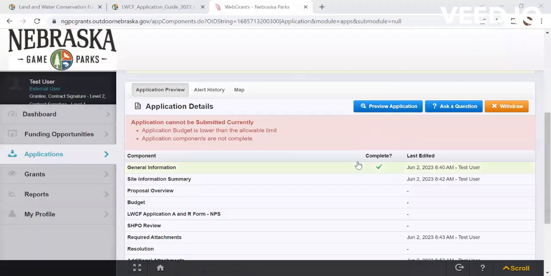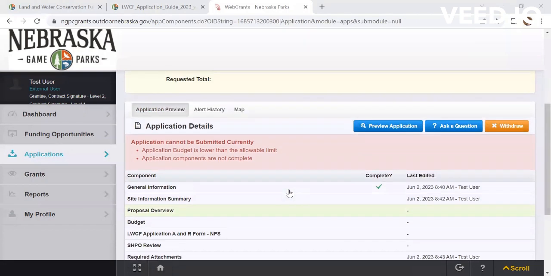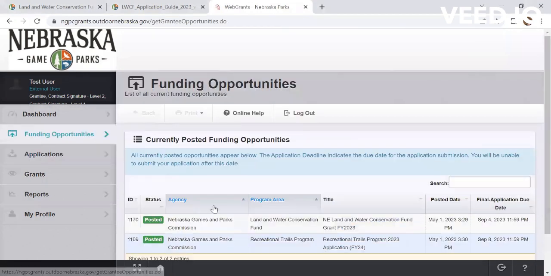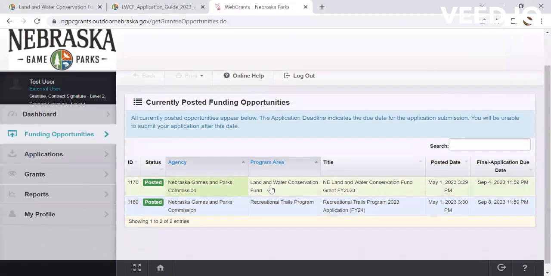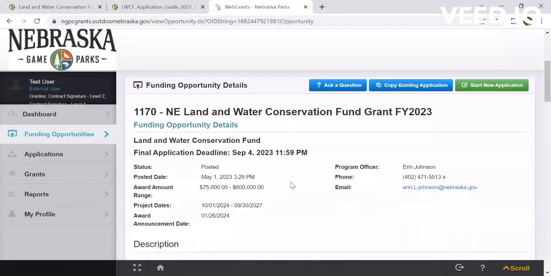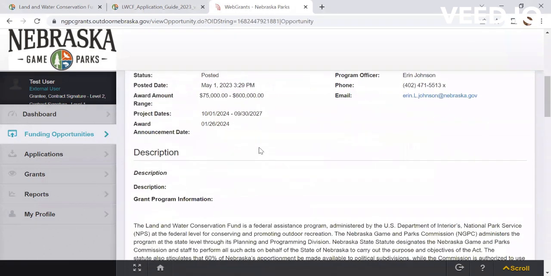There was one other thing I did want to show you. If you're in the application preview and you can toggle through these different sections, you can also go back to the funding opportunity on the left. And when you click on Land and Water Conservation Fund and you scroll down, so I showed you before how you start a new application. What I did not show you is that if you scroll all the way down,